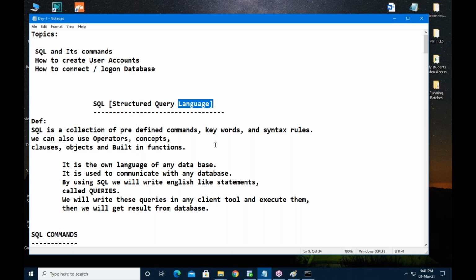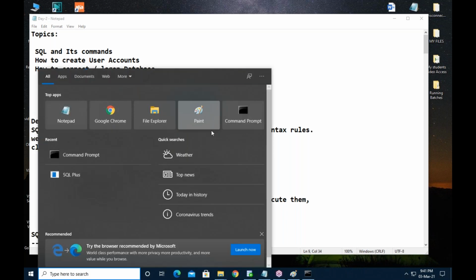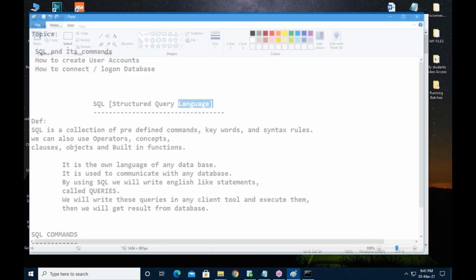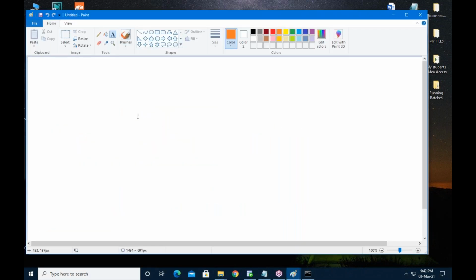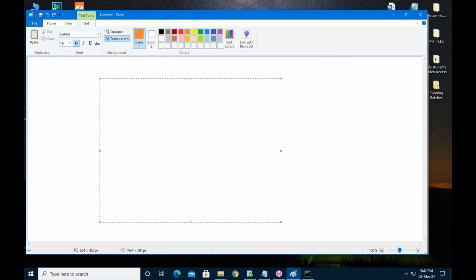So suppose English is a language. If you want to learn English, initially what are you learning? To understand English, first you have to learn alphabets.